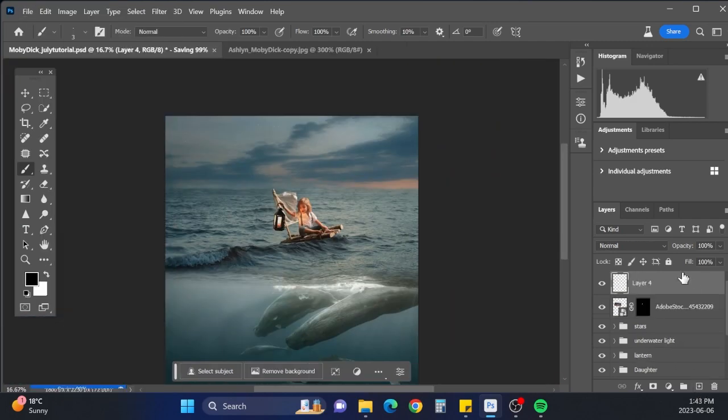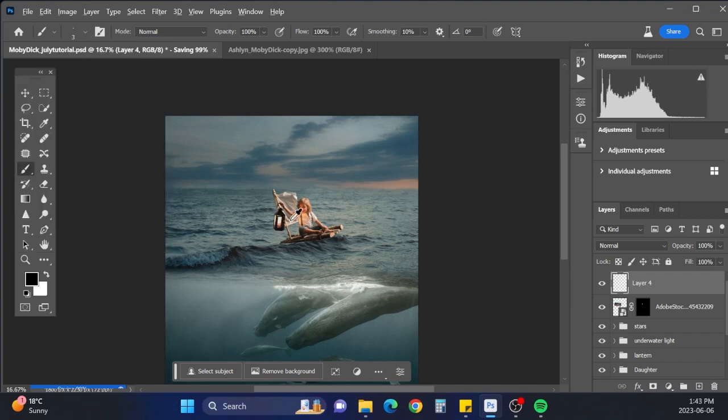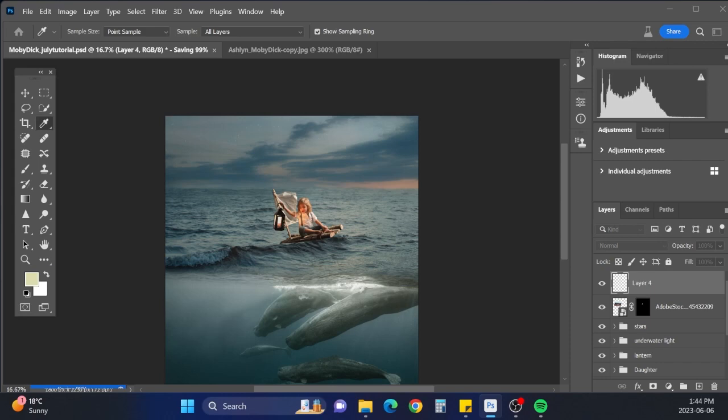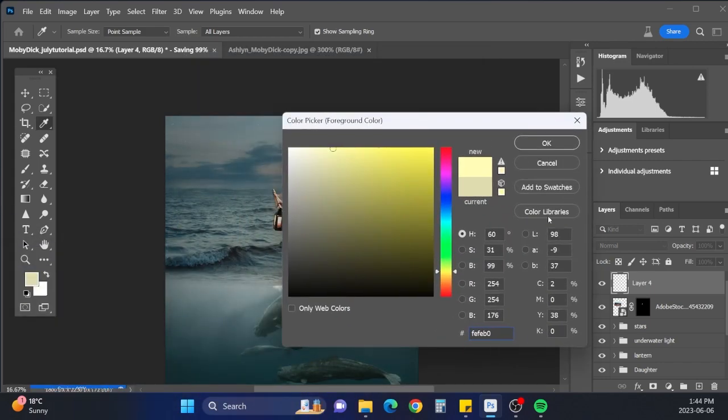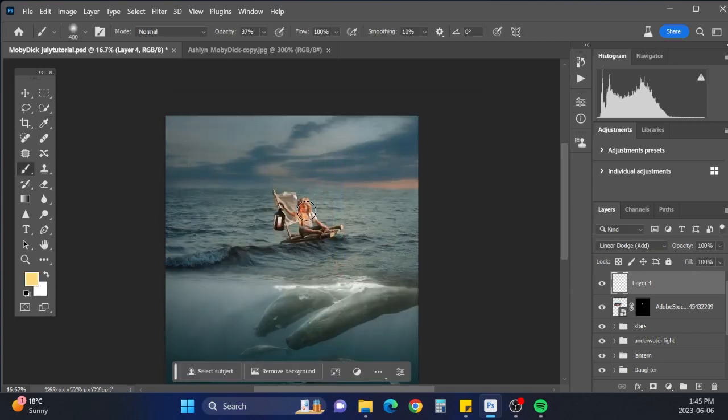Add another little paint layer over top of this one. And I'm just going to get a very soft brush, select the brighter yellow, and we'll just brighten this yellow up. So to show you my color picker here, I grabbed this color from the lantern, and then I just brightened it up to be more orange, I think. Because the color on her face